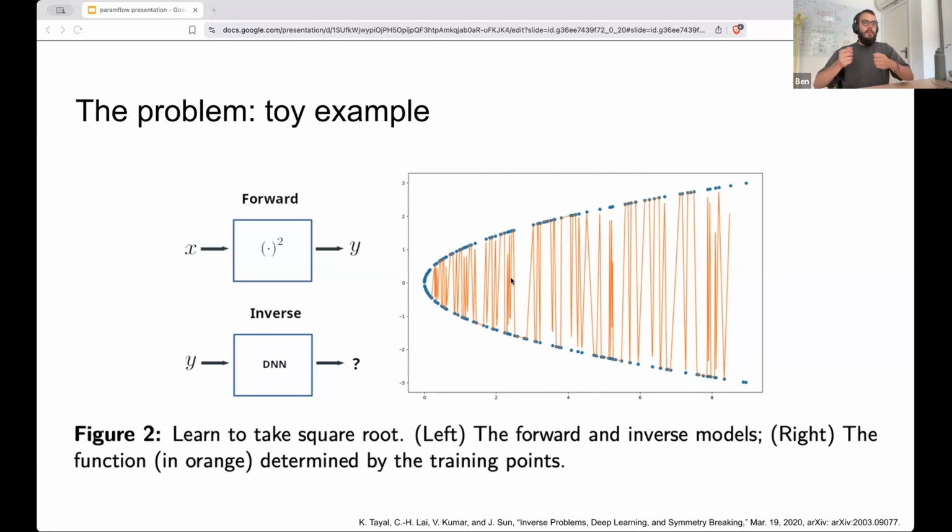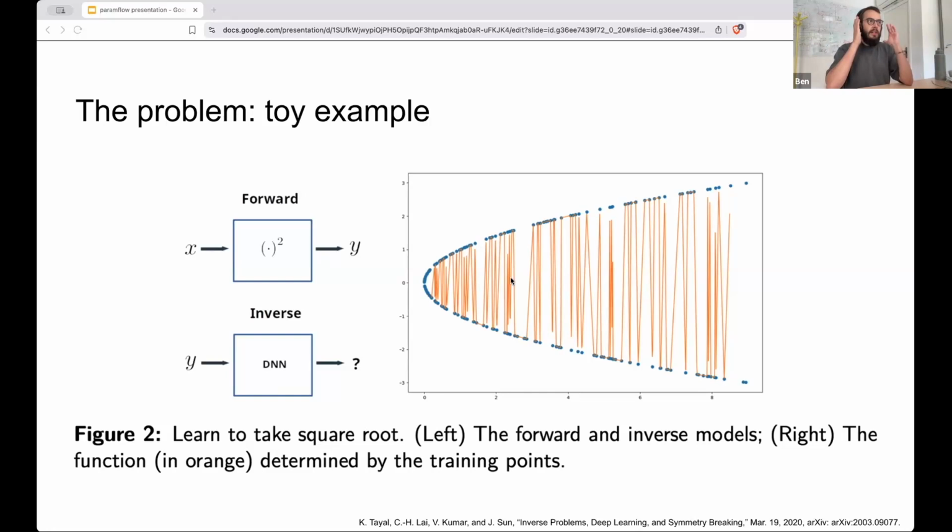And so normally in deep learning, we have two big levers we can pull. We can try and scale up the model. If we do that here, what happens? We just get a much more detailed orange function, which is still completely pathological. It's still just interpolating these data points. And the other thing is we can scale up our data set. We can collect more data. If we do that here, all we're doing is creating more and more oscillations between these two possible solution modes. So clearly, just approaching this with naive regression is broken.